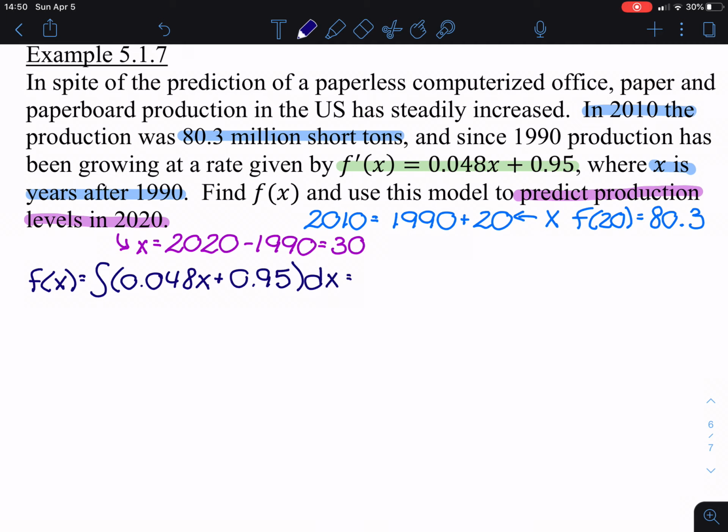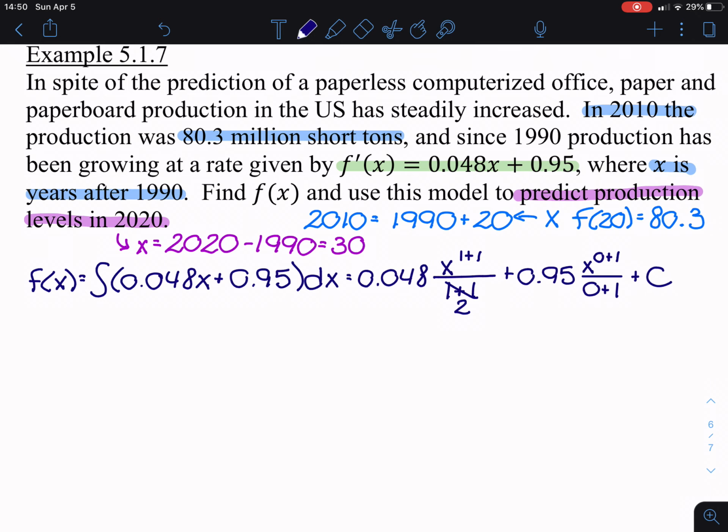All right, so this becomes 0.048 times x to the 1 plus 1 over 1 plus 1, which I know is 2. Okay? And then plus 0.95 times x to the 0 plus 1 over 0 plus 1